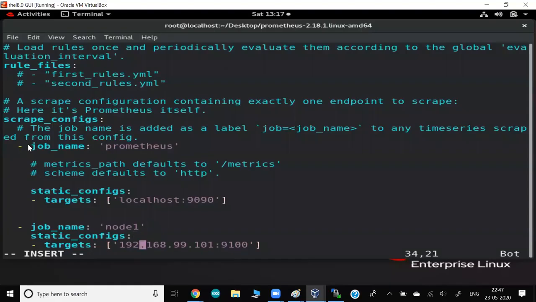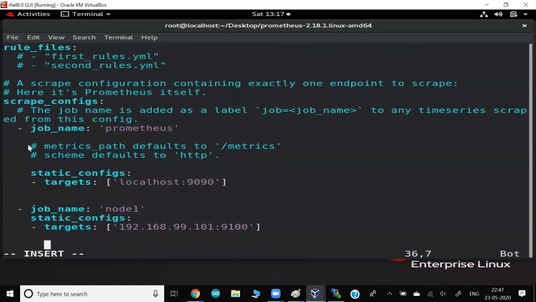And guys, again, this is the configuration file of Prometheus, and this config file is in YAML syntax. So you have to take care about the spaces. Job name is always indented 2 spaces, so I just give 2 spaces here. Static configs is a part of job name, and then targets is under the indent of static configs.